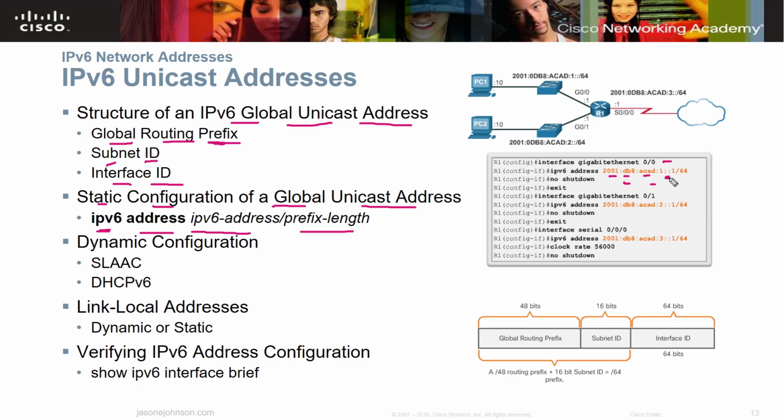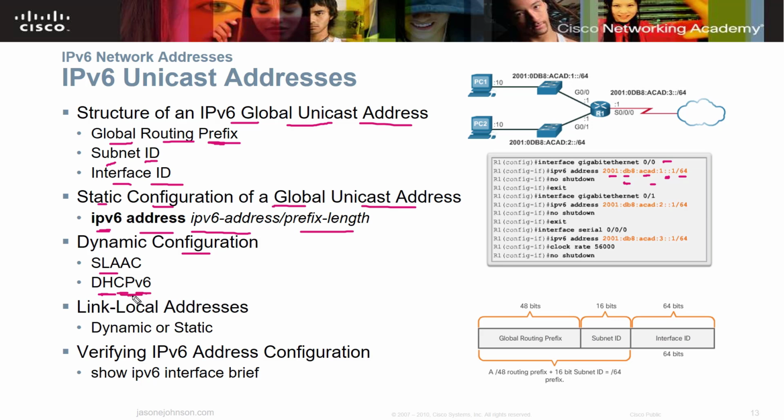Now remember, we're omitting some zeros in here. So 1, 2, 3, 4, 5, 6, 7, 8. So you know you have 3 more hextets in there, so 3 more sets of zeros. But the router knows that you've eliminated those 3 by just putting :: and we're saying /64. That's the length of our interface ID, or that's the length of the difference between the prefix and the interface ID. Now on dynamic configuration, you have SLAAC and DHCPv6, depending on how you set those up.